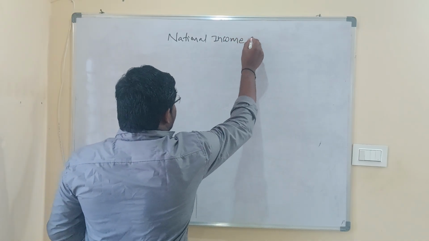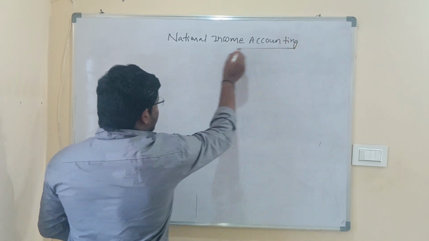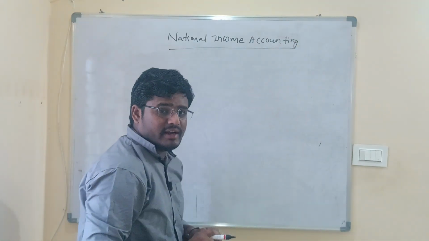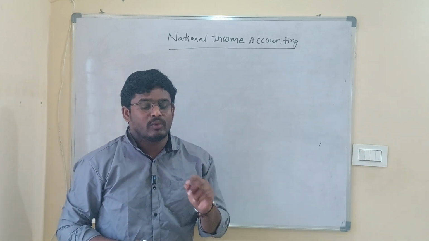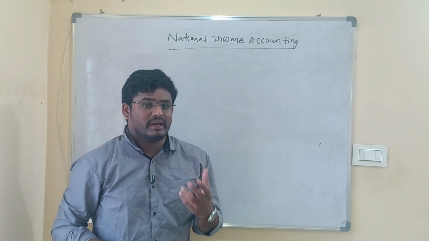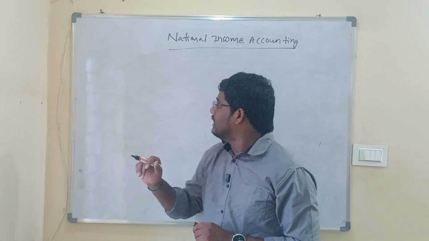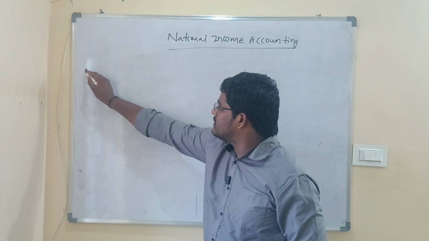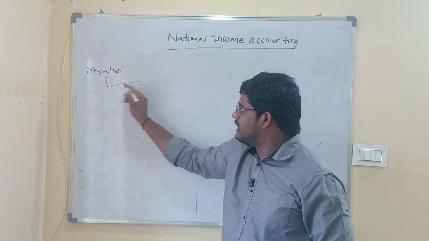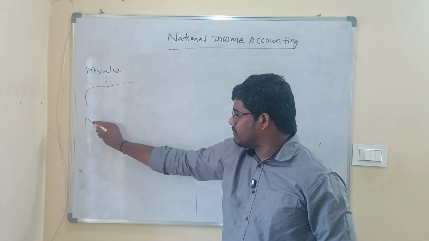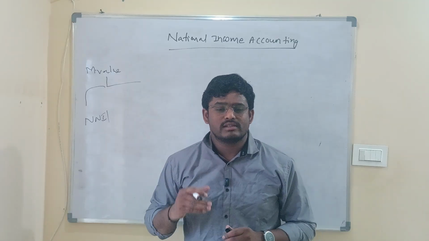In fact, in the last video, I discussed the definition of national income. National income is defined as the total money value of all final goods and services that are produced by the residents of a country over a period. We discussed flow variables and stock variables, the meaning of money value, and the type of national income based on money value, known as nominal national income, which is also known as national income